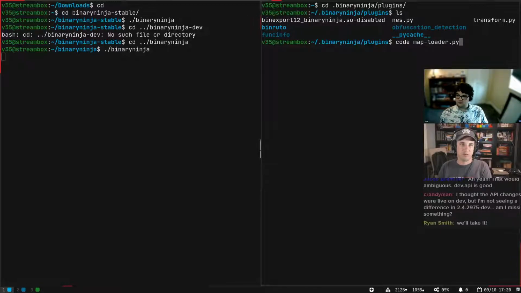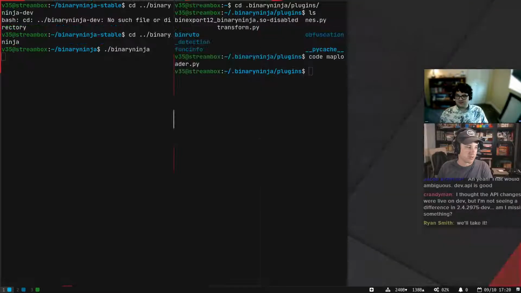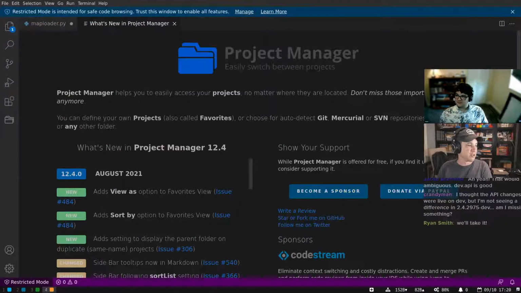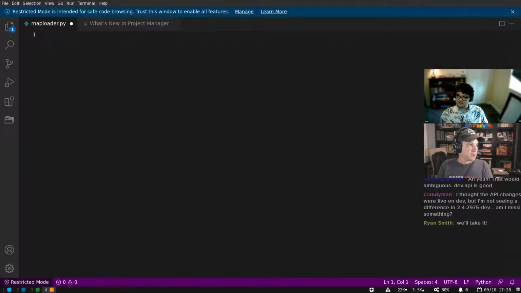And is it hyphen or... I can't remember which one is the character that translates hyphens to underscores. So you name it with a hyphen, you can import it with an underscore. Yeah, but the thing is I don't remember which direction it is, so I usually just ignore it. Oops. Try it again. I didn't move the window fast enough. All right, so here's maploader.py.